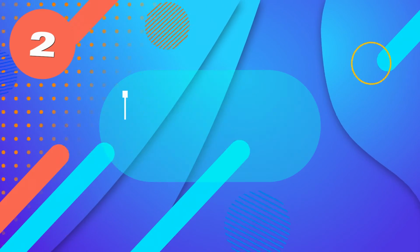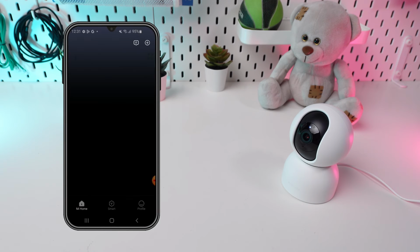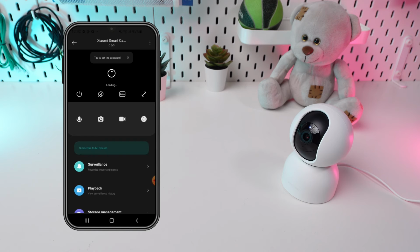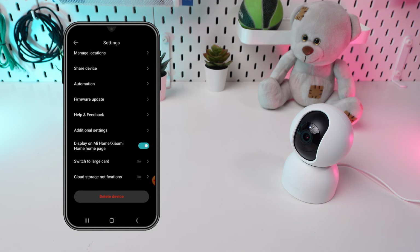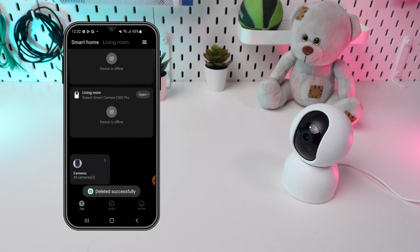Method 2, through the app. Open the My Home app. Choose the camera and press Open. Go to the settings by tapping on the 3 dots in the top right corner. Scroll down to the option Delete Device. Press it to start the deletion process. You will see that the camera's rooms have been deleted on the main app screen, indicating that the reset was